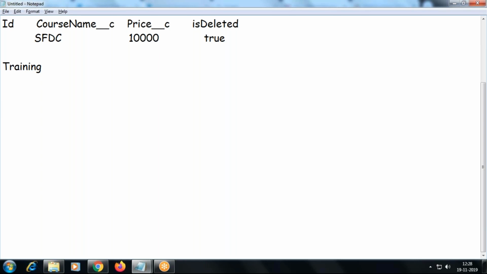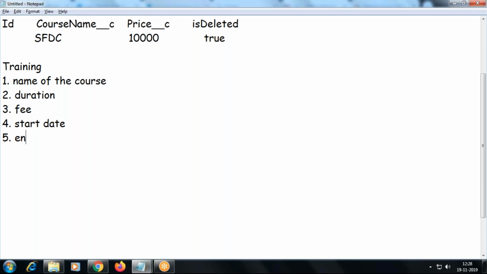Correct. So what type of information can I store here? Name of the course, right? Duration, cost, the fee, start date, end date, the timing of the course, duration is covered, yeah.